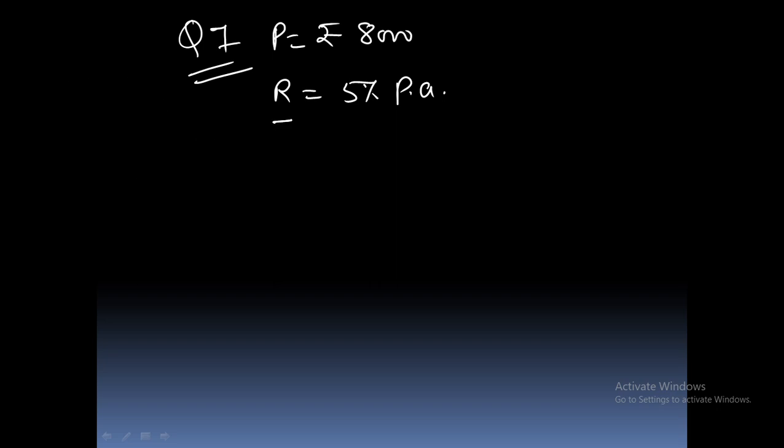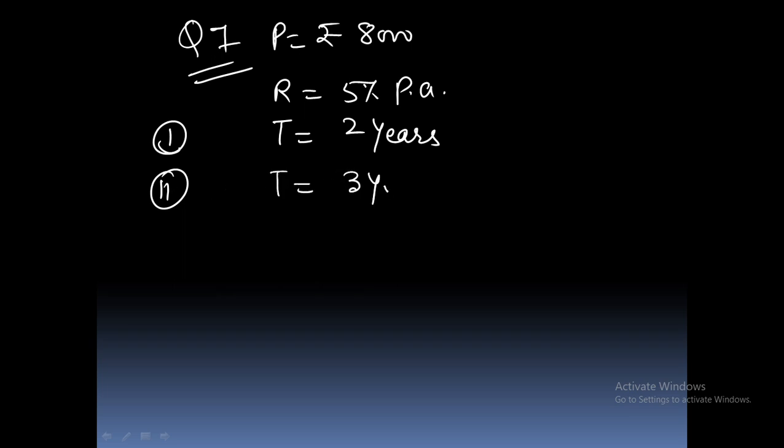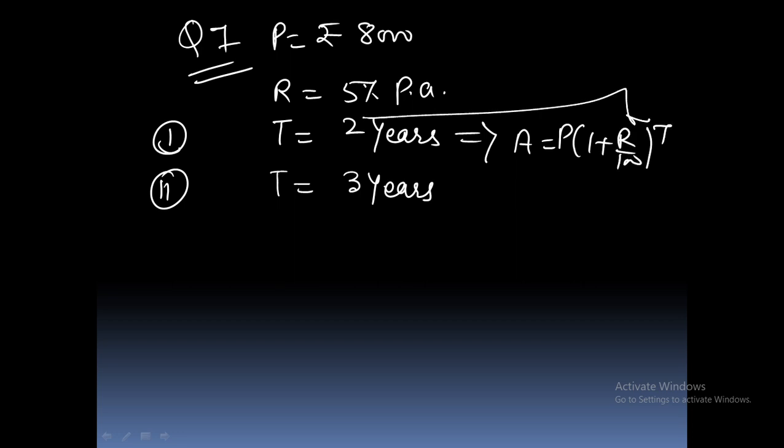So, according to the first point, you will take time as 2 years. And according to the second question, you have to take time equal to 3 years. In the first point, you will take P into 1 plus R over 100 power T and this time will be written here. You will calculate the amount